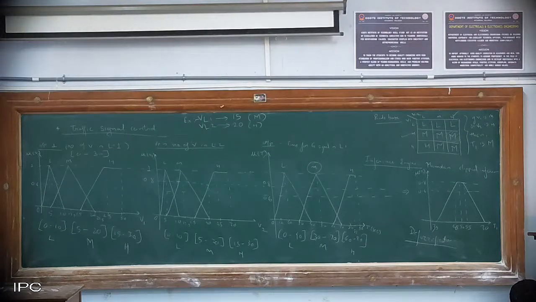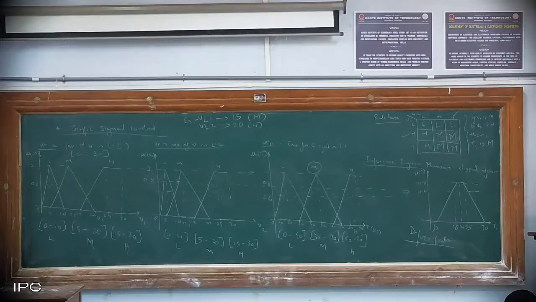The testing department's job is to do these things. They will put some standard values and check what the required output is. If it matches, they will keep the rule as M only. But if it is not giving the proper answer, they change the code from medium to high and check. If high gives a satisfactory result, they will keep it as high and send it to production. That is the basic thing. As I told you, everything is in the hands of the developer, so you can choose M or H anyhow.